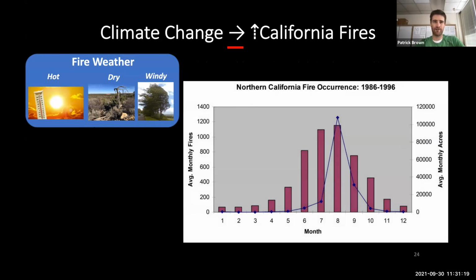wildfire activity, right? So the reason that we have a fire season in June, July, August is because that's when it's hot and dry. It's actually not windier in July and August. Those are actually our least windy months. And so that gives you an indication that maybe hot and dry is some of the most important climatological reasons why fire activity varies. So let's look at the long-term trends in these things.